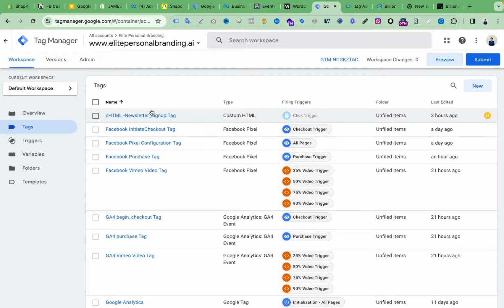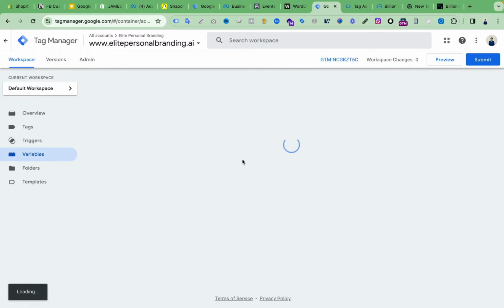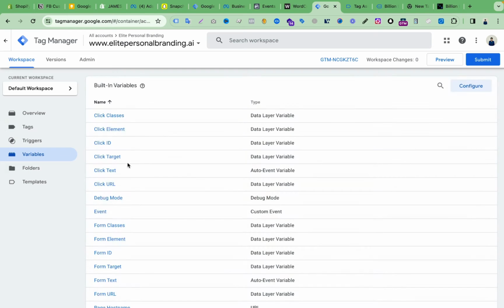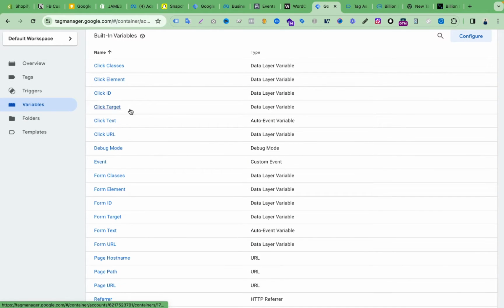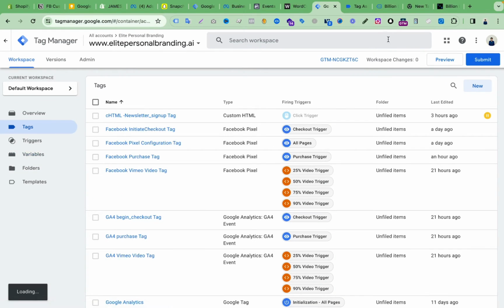Actually, I have added a custom code here on the backend and it's working fine, but right now I have paused this one so that I can show you from scratch how I created this custom HTML code. One thing, before trying this method we have to enable some variables. We have to enable all the built-in variables from our variable section. Here you can see Click Classes, Element ID, Target, etc. We have to enable those. Then we have to